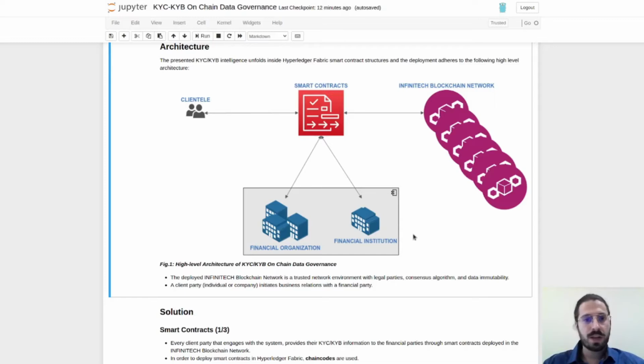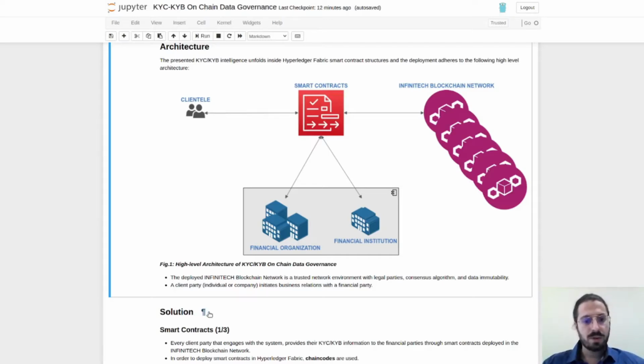The users are the clients and the financial parties. Financial parties enable verification of the client identity, and in this workflow there is also a request between financial parties to share some data of clients.